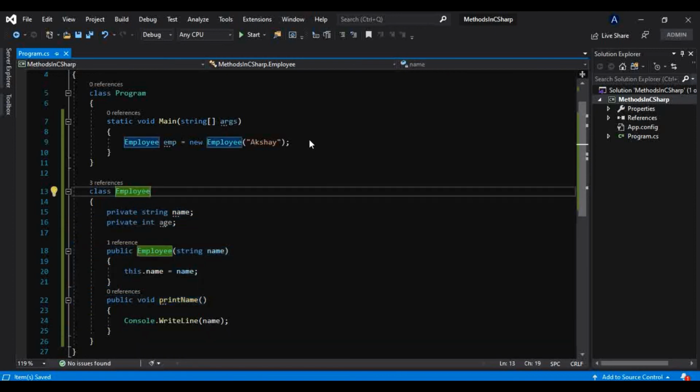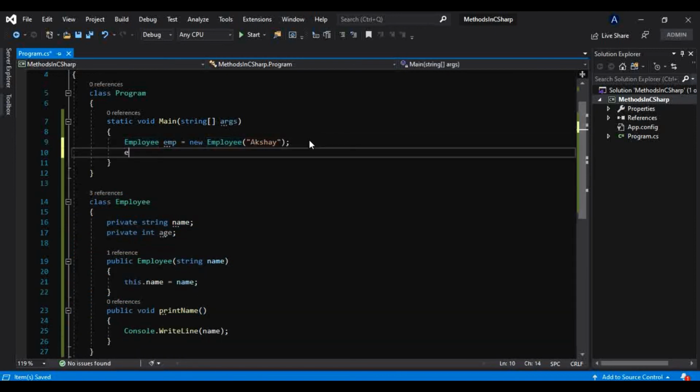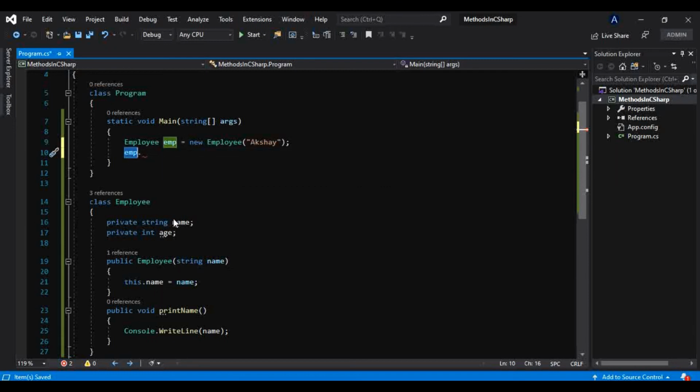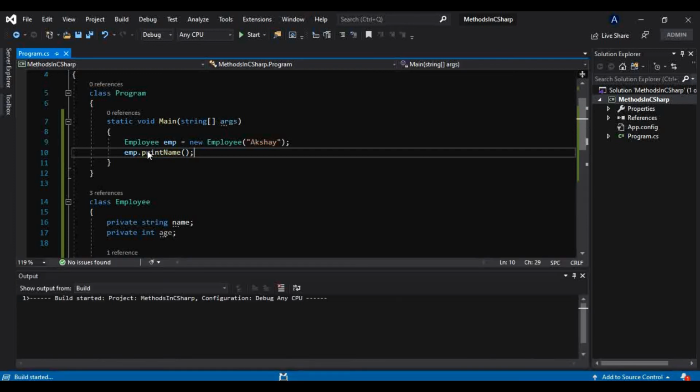So we know whatever the instance members are, we can call them using an object like this, okay. So this print name, you can see, you can call that print name on this object. And why are these fields not accessible? Because we kept them private, and we have seen that before also. Why we made them private, okay. So if I call that print name method here and run this, it should run.